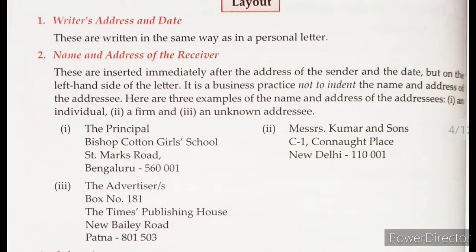And alongside you can see Messrs. Kumar and Sons. This is in case of when you are writing a business letter. When business purpose letters are written to a business firm, you are supposed to write Messrs. and then the name of the firm. You don't address a particular designation or a person because you don't know who is going to receive the letter. You have no direct contact with those people, so you are only contacting through official letters. So in that case, you are supposed to write Messrs. Kumar and Sons. But in case of writing to the principal, you are actually mentioning the designation, the principal. In both cases, you will notice that the name of a particular person is not mentioned.